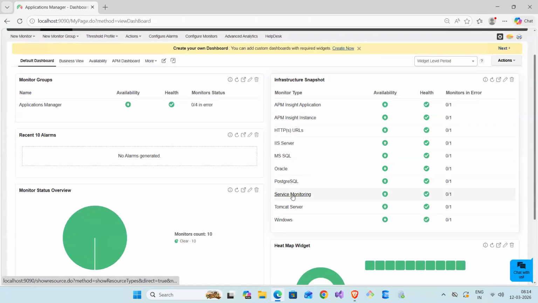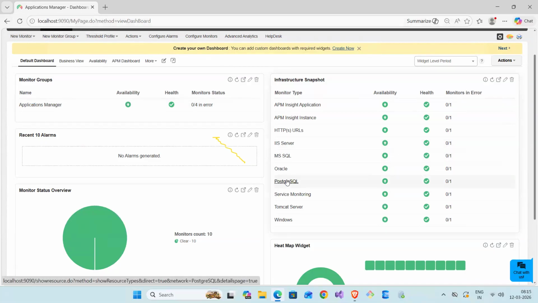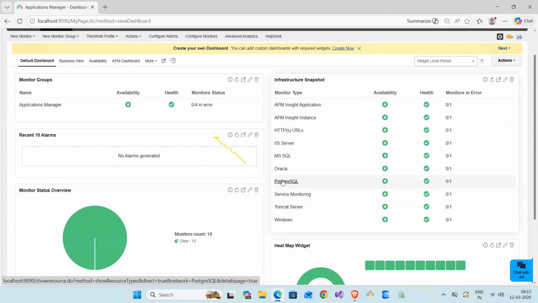We have configured agents for multiple databases. This is the Tomcat server. Then this is the Postgres server. When you install this Applications Manager from ManageEngine on a specific host, by default it will use a PostgreSQL database. The prerequisite of installing ManageEngine Applications Manager is that it will first install Postgres. But for my database, Oracle, if you see,